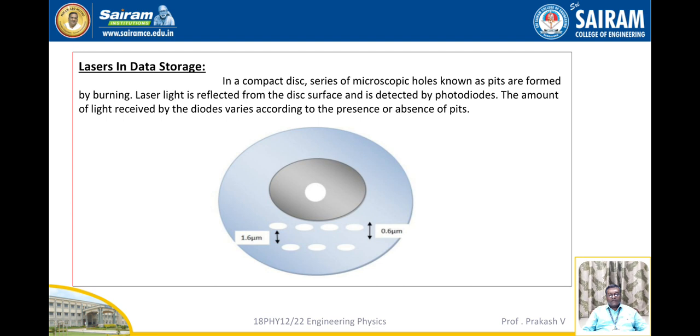Laser light is reflected from the disc surface and is detected by photodiodes. The amount of light received by the diodes varies according to the presence or absence of pits. In this picture you can look at a CD on which pits are formed, and in a CD